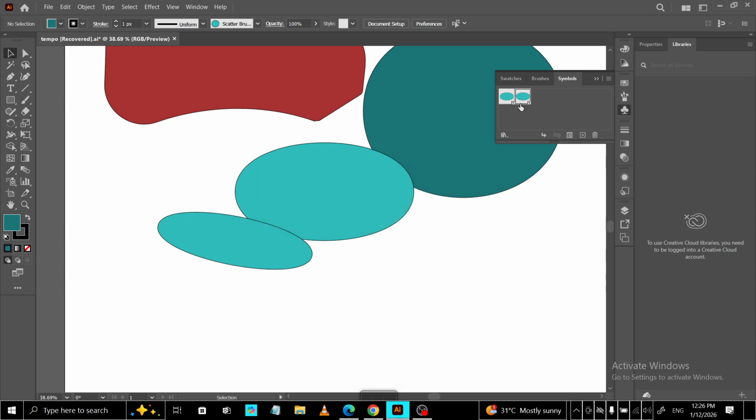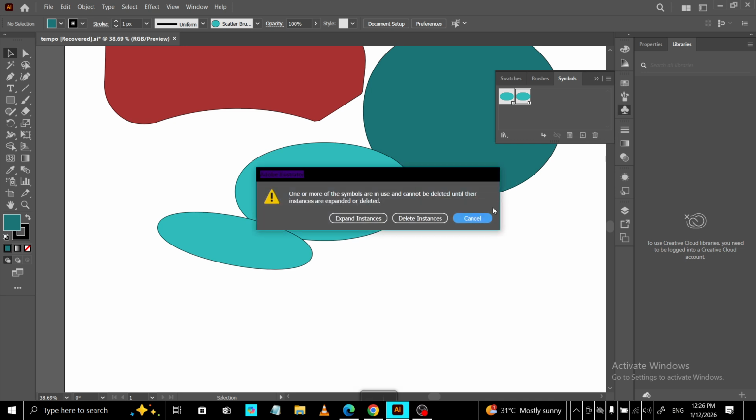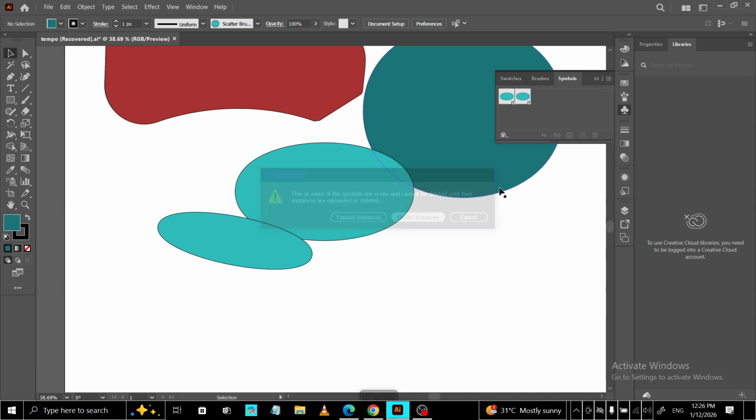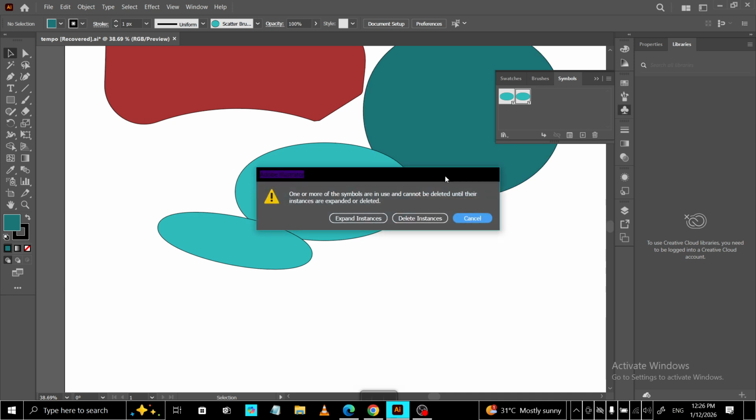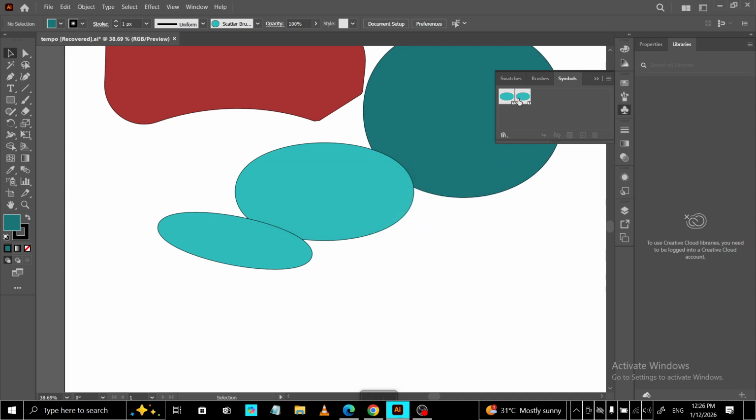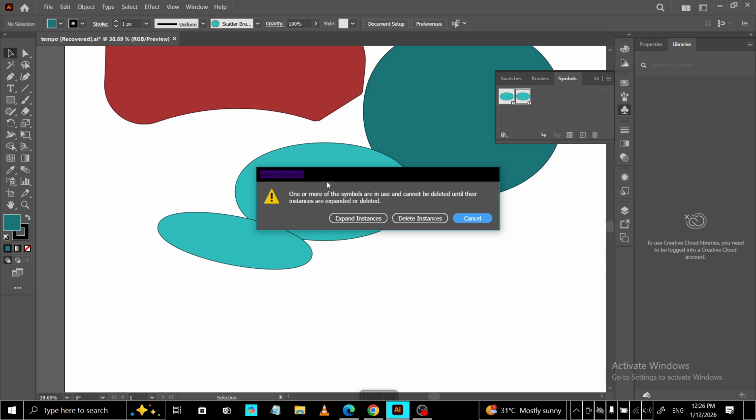To proceed, you'll need to remove or replace the instances of that symbol in your document. This can mean deleting the symbol instances you find on your artboards or swapping them with something else you prefer. A quick scan of your artboards and the Layers panel can help you spot where those instances live. Once those instances are cleared or replaced, return to the Symbols panel and click the trash can again to remove the symbol from your file. That's it. By opening the Symbols panel,